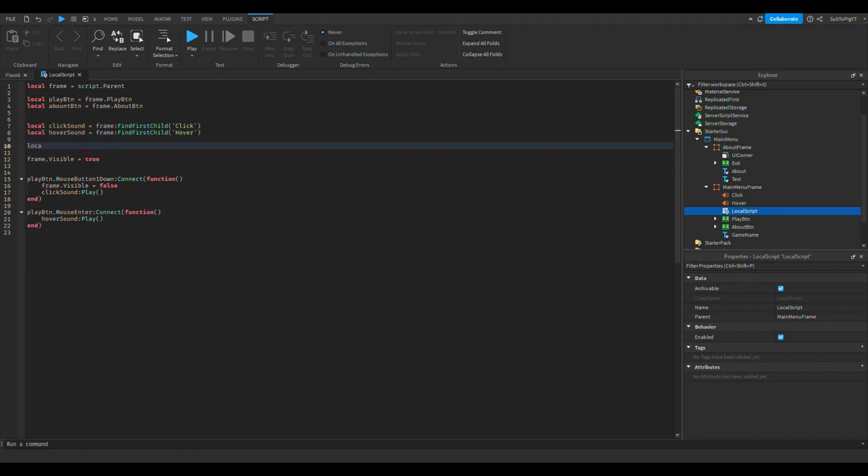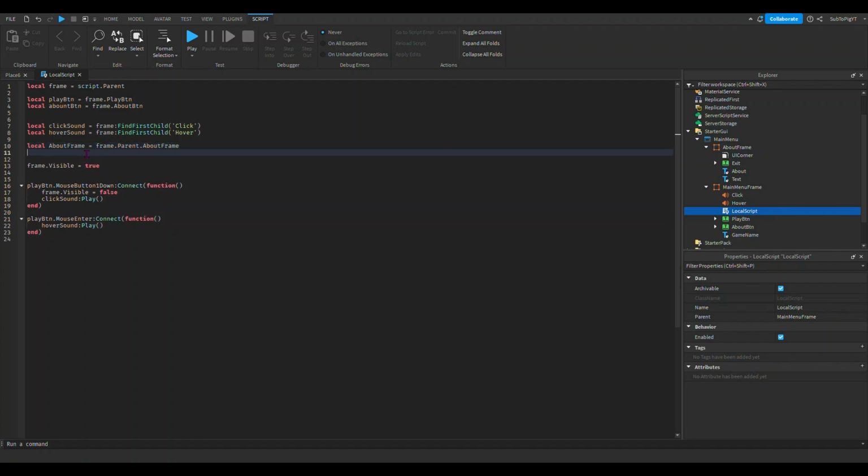Okay, so we're gonna do local about frame, because we have to get the about frame. So we have to do local about frame is equal to frame.parent.about frame, obviously, and we have to get the exit button. So local exit about, you just name it exit about, is equal to about frame.exit,